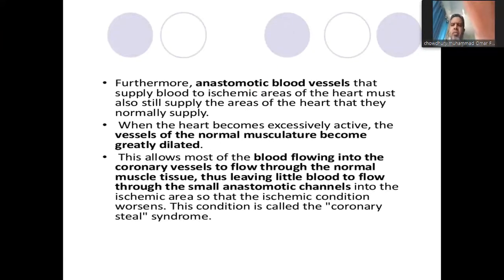The anastomotic blood vessels that supply blood to ischemic areas of the heart must also still supply the areas of the heart that they normally supply. সে নর্মালি যে এরিয়াটাকে সাপ্লাই দিচ্ছে তাকেও সাপ্লাই দিতে হচ্ছে, আবার যে জায়গাটা ইস্কেমিক হয়ে গেছে তাকেও সাপ্লাই দিতে হচ্ছে। যার ফলে when the heart becomes excessively active, যখন অ্যাক্টিভিটিস বেড়ে যায়, the vessels of the normal musculature become greatly dilated. The normal musculature-ও dilated হয়ে যায় ভেসেলগুলা, তখন ওইখানে আবার ব্লাড ফ্লো বেড়ে যায়।